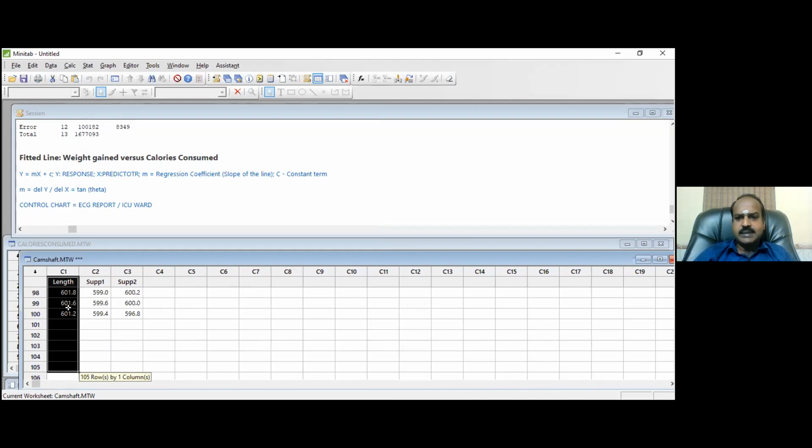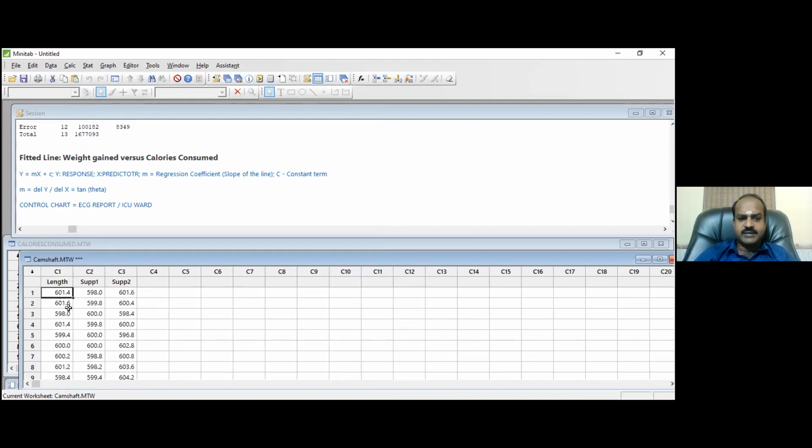Length of the camshaft is important. There are 100 data of camshaft available, and 5 camshafts are collected as a sample every time the testing is done. How many camshafts are selected? 5. You can consider the dimension as length or as time. Any continuous data, right? Don't worry about what a camshaft is. It's a product. Its feature is that the length should be 600 mm.